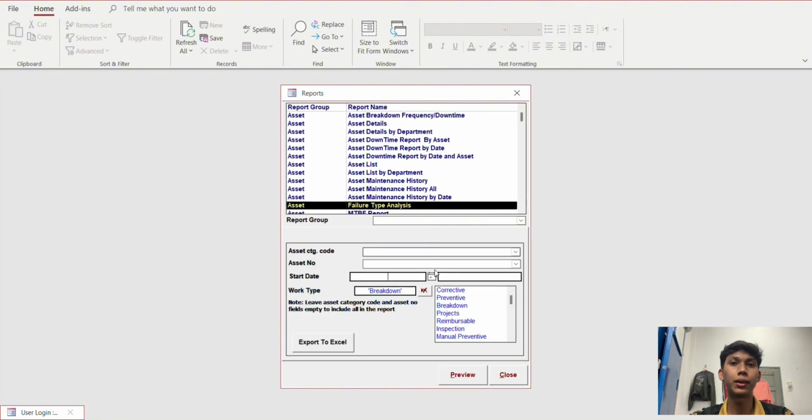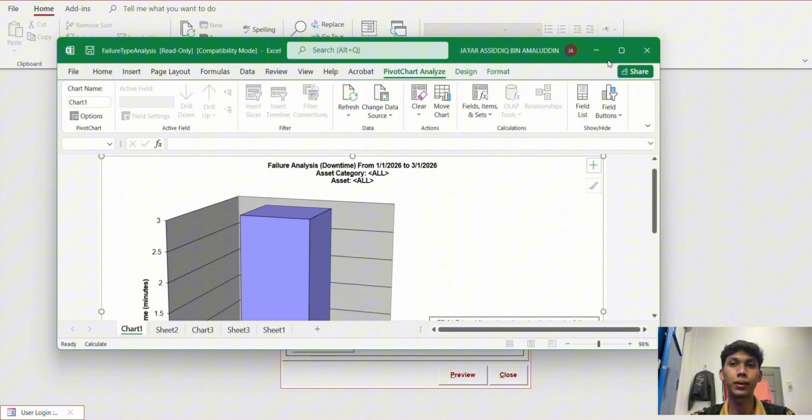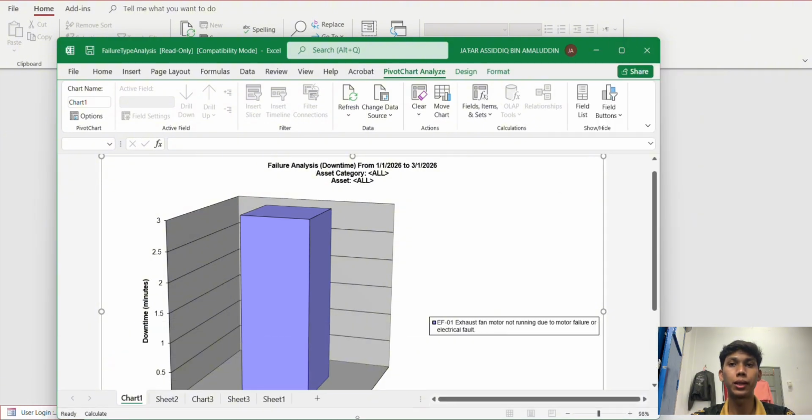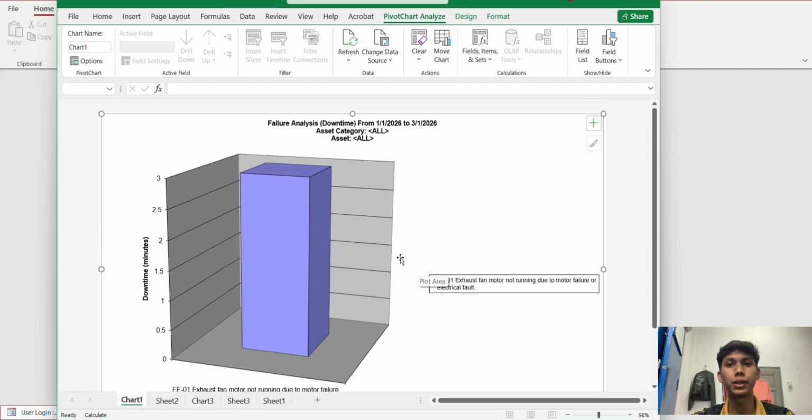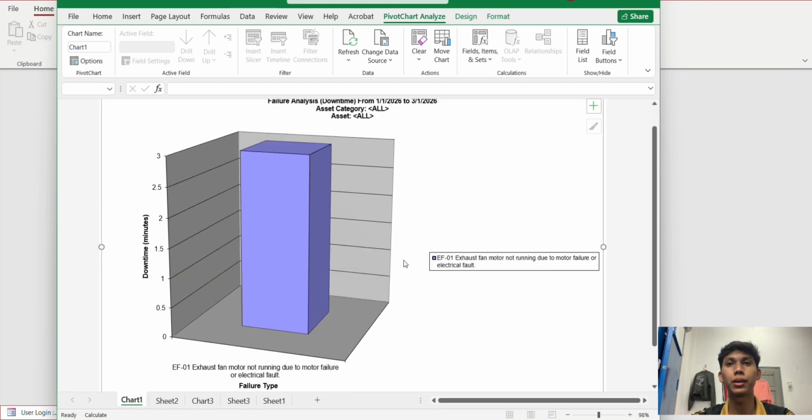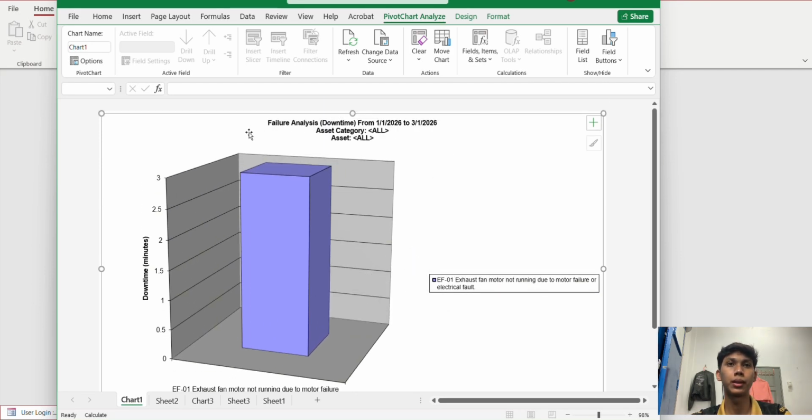We find the failure type analysis in the report, then put the start date from 1 until 3 January, and export to Excel. To access all the data, we don't need to put the asset category code and asset number. So we select asset, and then it shows the histogram